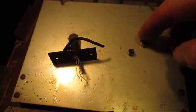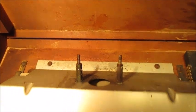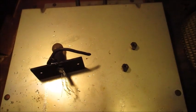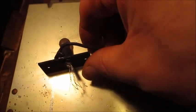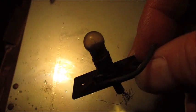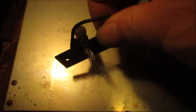Both nuts now removed from their respective standoffs has enabled me to remove the lamp holder and Paxolin bracket. The lamp is very dusty. I guess